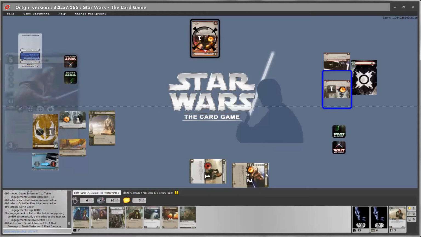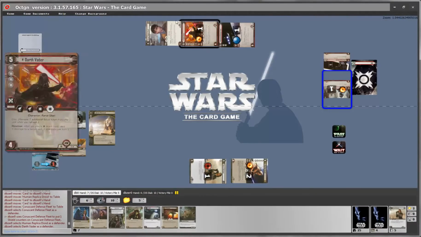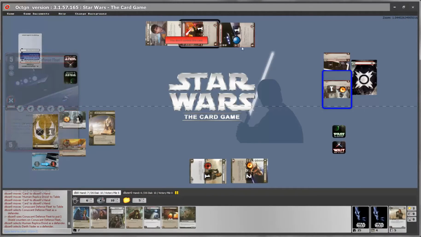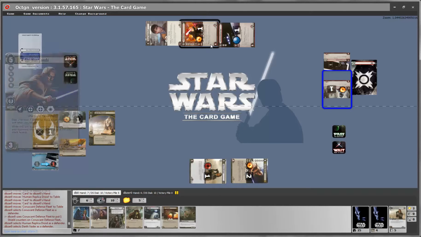Very simple. However, in the case of Obi-Wan Kenobi, for example, who has one blast damage, 2 focus tokens, and 1 blast damage, things become a bit more muddy. Let's say I attack with Obi-Wan Kenobi, and my opponent has a few more units. How does the game recognize where our damage and our focus tokens are supposed to go? So I need some guidance.